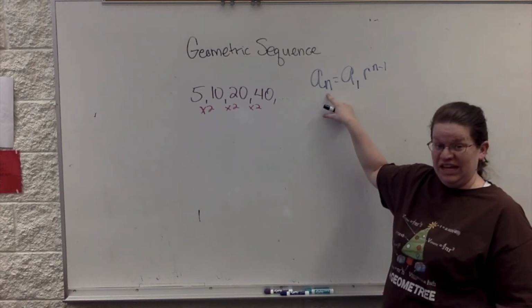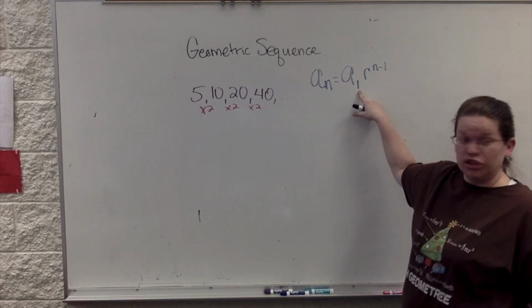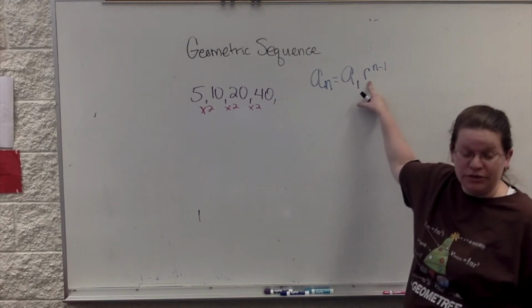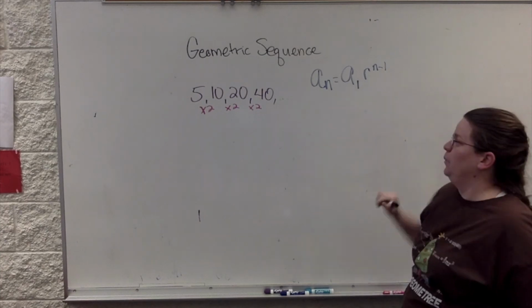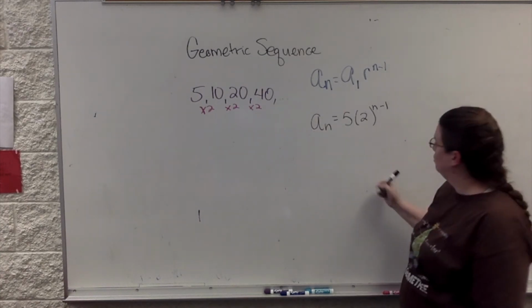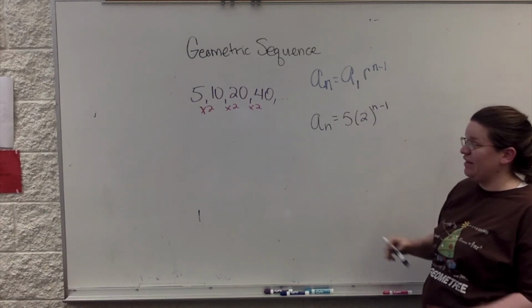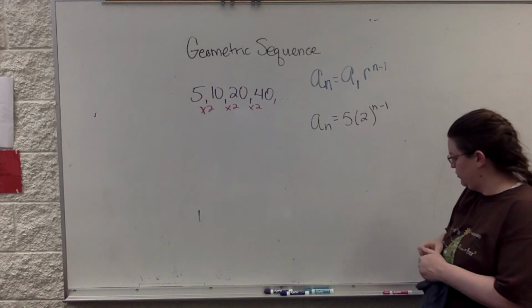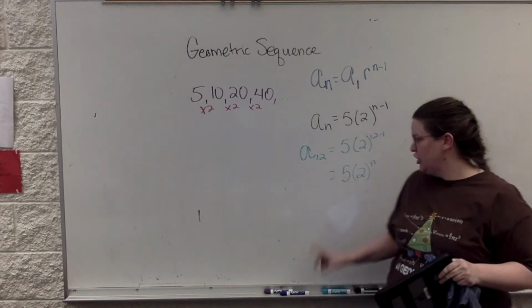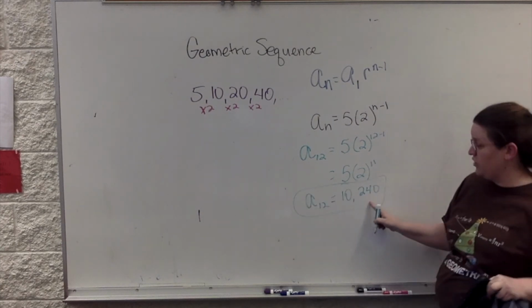So n is the term, A sub 1 is the first term, r is the common ratio, and then n is the term. Here, you're done. If we said, hey, let's find the 12th term, you should do your order of operations first. You're going to do 2 to the 11th power and then times 5. The 12th term is 10,000